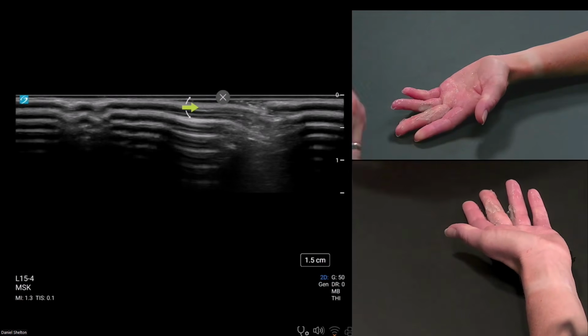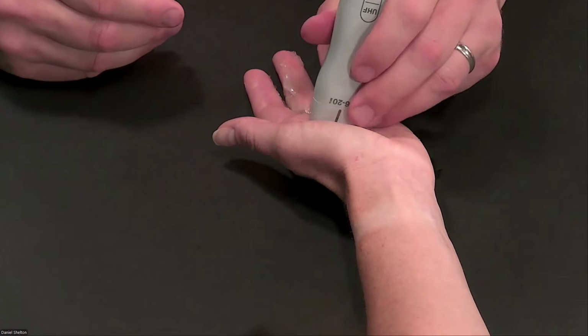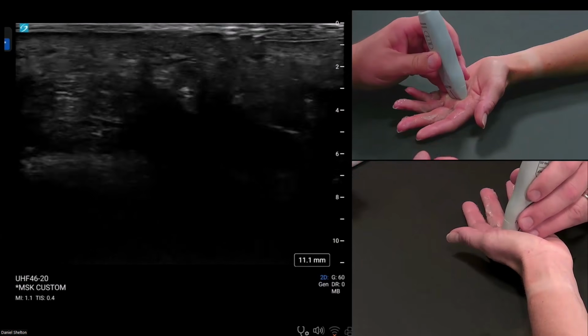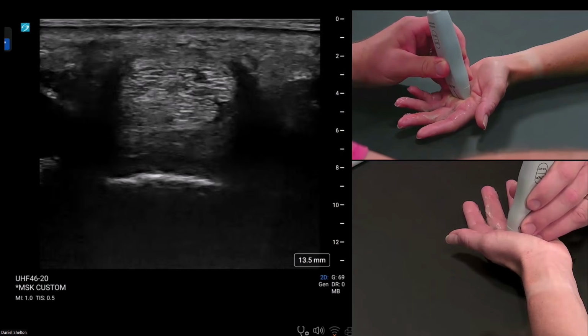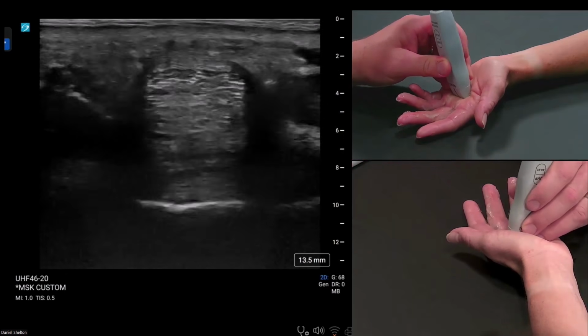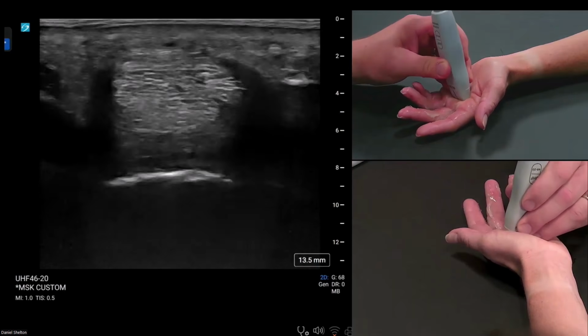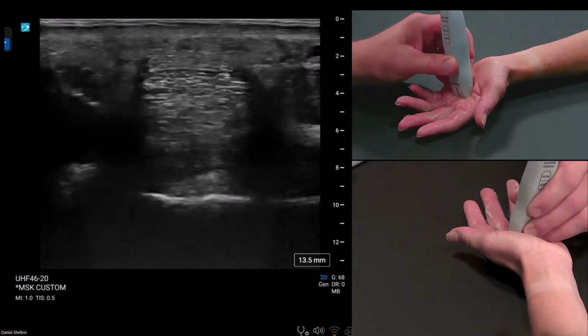So I'll switch over to the ultra high frequency really quick. Left side of the screen will be ulnar in this case. I'll try to keep that conventional. And we'll go with bony landmarks here. So I've got a deep bone, turn the gain up just a touch there. So I've got a deep bone and it has cartilage right there. And that would be my distal metacarpal head.